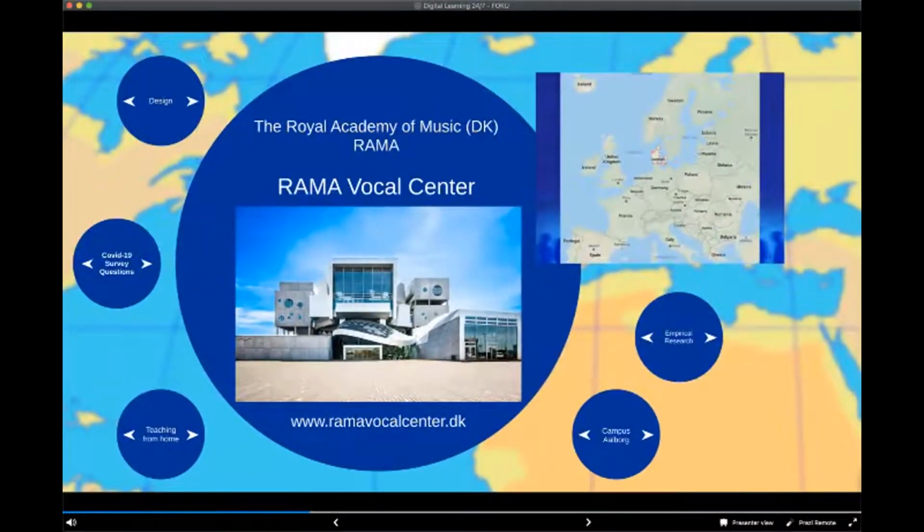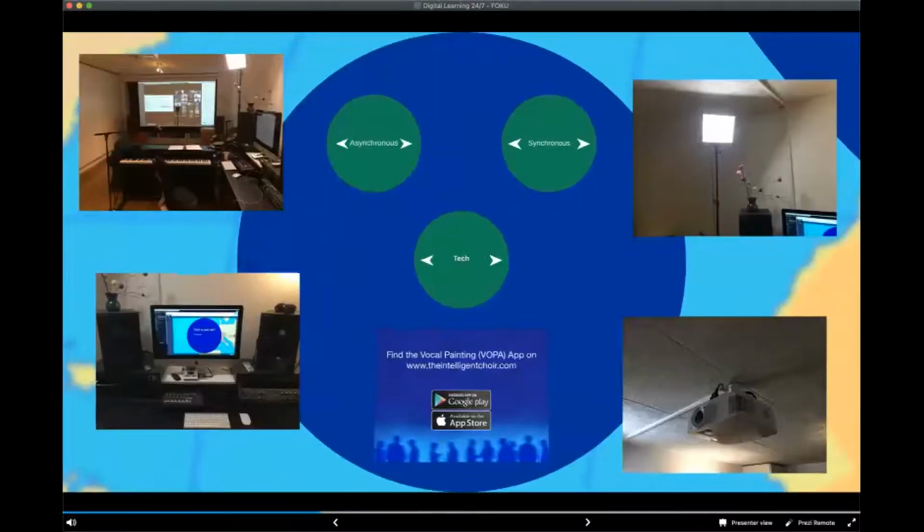Now we are getting closer to my main topic, because teaching from home, reaching out to singers, what can we do? We're going to hear more about Jamulus later on, not by me, but from another presenter. This is where I'm sitting. So from my